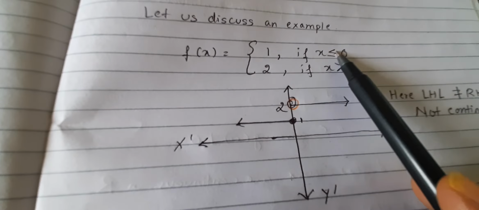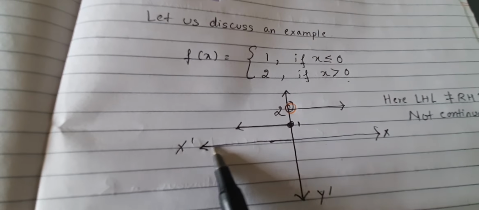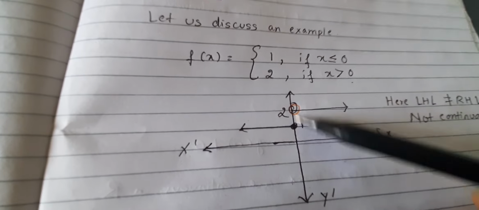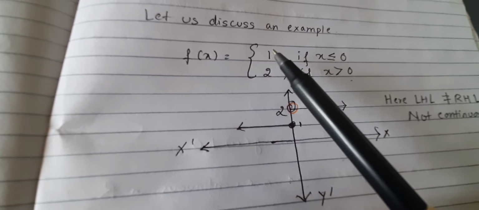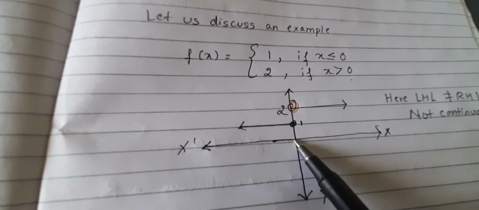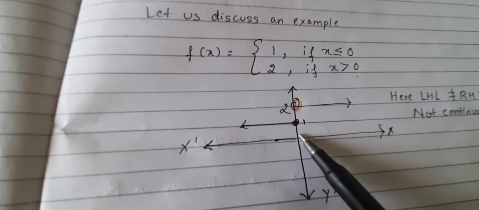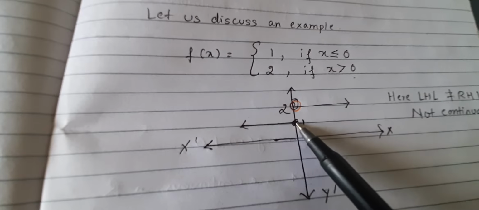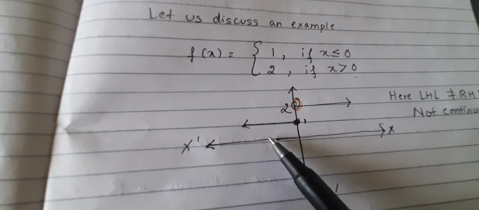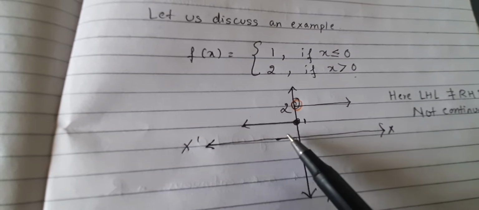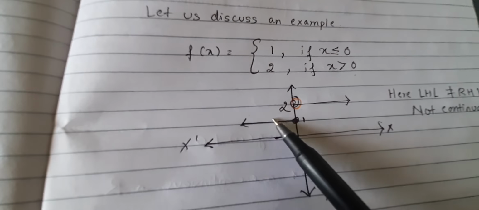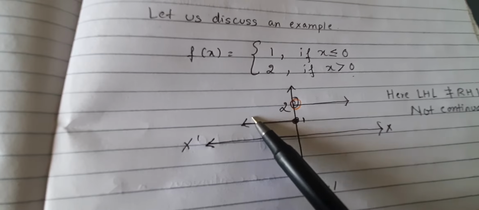So it says x less than 0. So x over here is less than 0. This is x less than 0, the negative side, and the y-axis is f(x). So this is 1. If x is less than or equal to 0, so at x equal to 0 also the value of the function is 1. At x equal to minus 1, minus 0.5, minus 1.5, any value of x less than 0, it is 1. So the graph will be a line parallel to the x-axis. So this will be the graph, going in this direction.